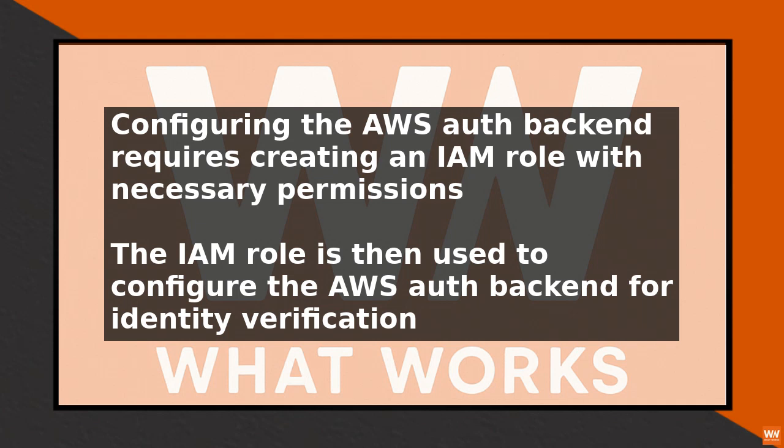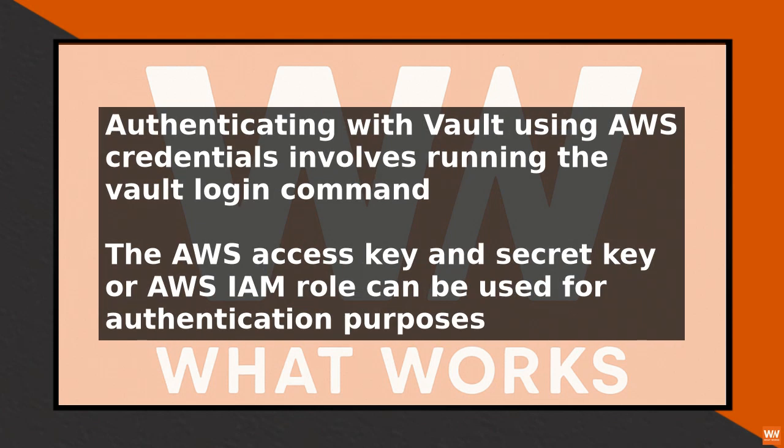This involves running the command vault login with the necessary credentials. You can use the AWS access key and secret key to authenticate, or you can use the AWS IAM role. Best practices for using Vault AWS Auth include using least privilege access when creating the IAM role and regularly rotating the AWS credentials used by Vault. You should also use a secure method of storing the AWS credentials, such as an encrypted file or a secrets